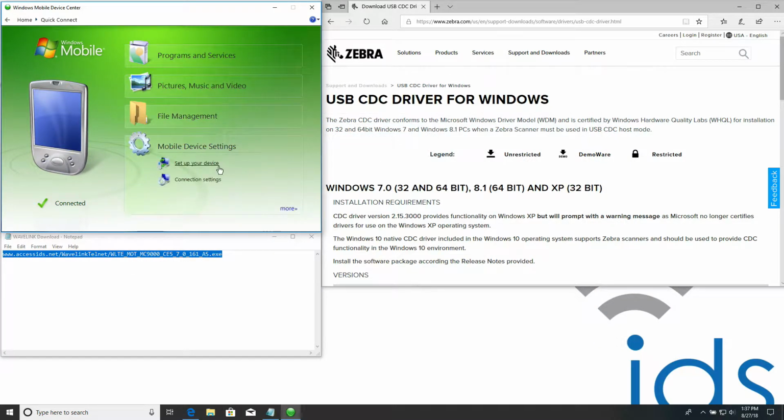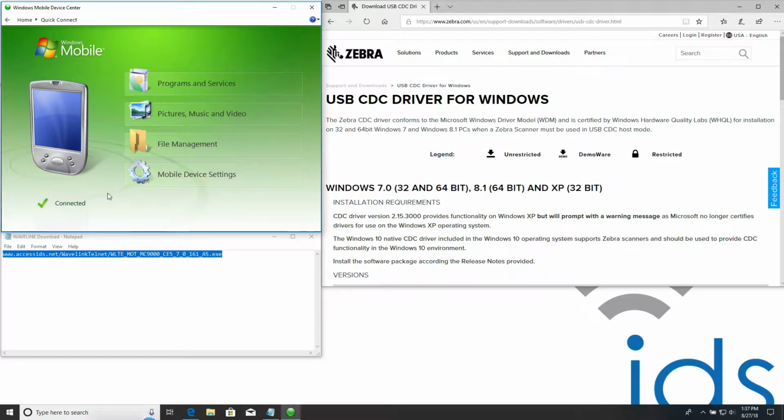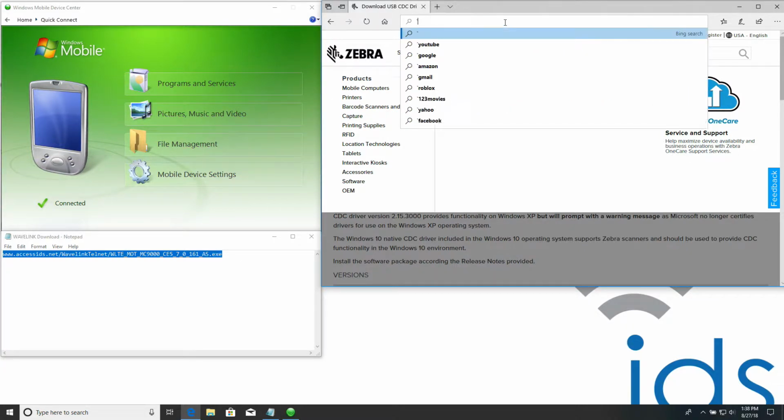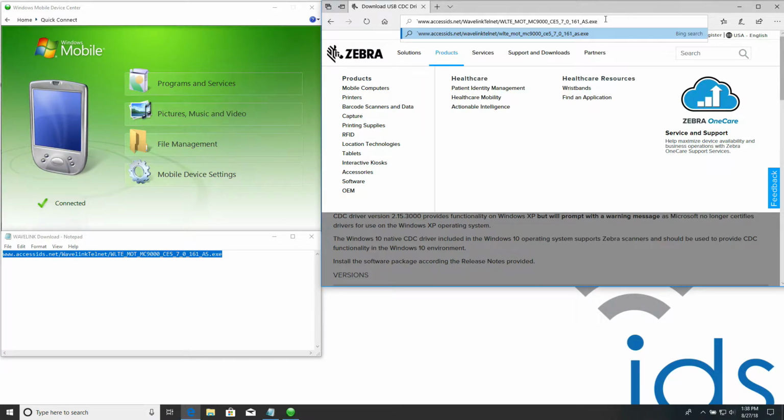So once we have our confirmed connection over USB, the next thing we want to do is go and download the Wavelink TELNETCE application or the installer, and you can use the provided URL on the accessids.net FTP site, which I have copied down here in Notepad. You can just simply copy this URL, dump it into a browser window, paste it, and then once you've pasted it,